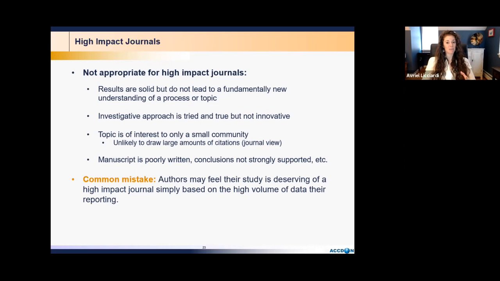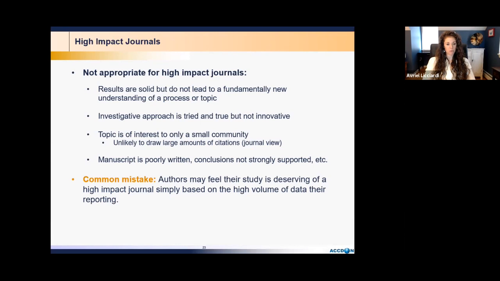and it may not be because it's not interesting, but from a journal's point of view, remember, they are a little bit of a business, so if they see that only a small number of citations might emerge from your publication, they may also not be interested. And then all of those not surprising ways to ensure acceptance are also important. So in general, if your manuscript is poorly written, if your conclusions are not supported, if your manuscript is not structured by the guidelines, etc., those are all reasons that you also may not have your manuscript accepted in a high impact journal for publication.